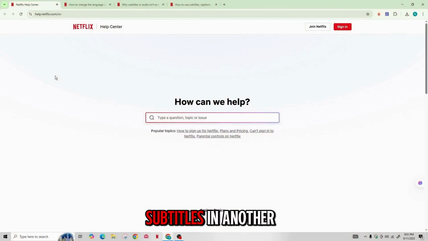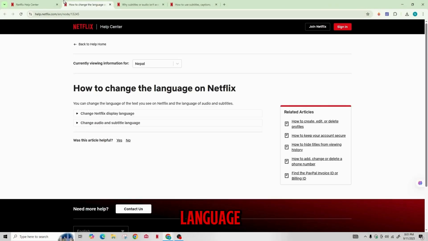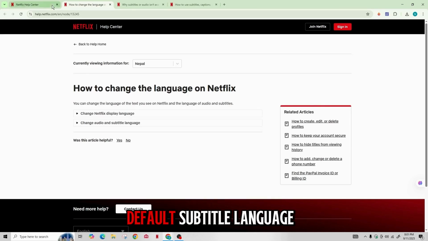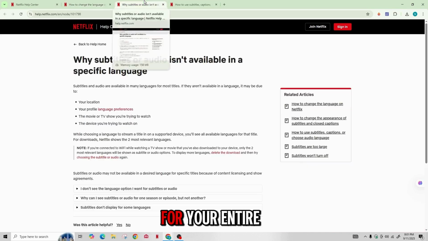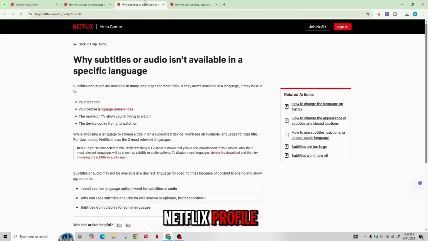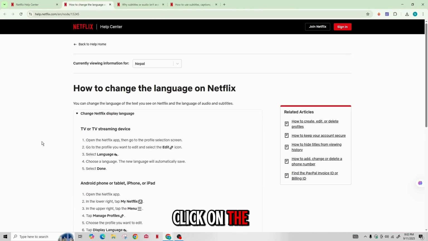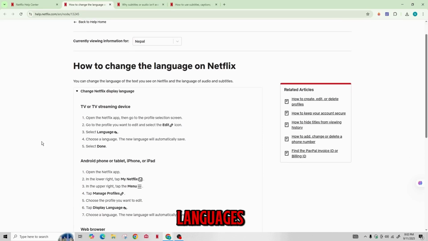To get Netflix subtitles in another language, you can either change the subtitle language for a specific show or movie while it's playing, or set a default subtitle language for your entire Netflix profile. While playing the content, click on the language icon in the bottom right corner to see available languages and select